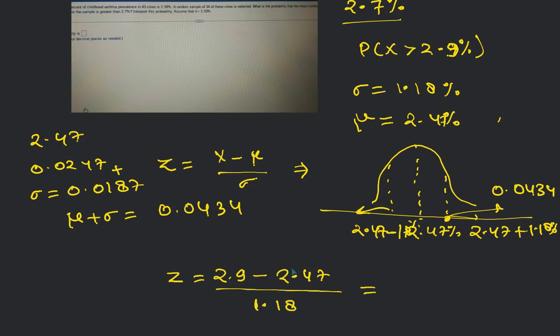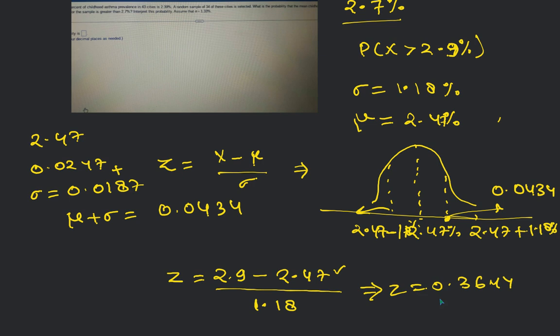Is it correct? This is the mean, right? This is the standard deviation, 1.18, yes. And the mean is 2.47, and the second one, where the sample has to be greater than, is 2.9. Okay, that's great. So 2.9 minus 2.47, divided by 1.18. So I am getting the Z value. Z equals